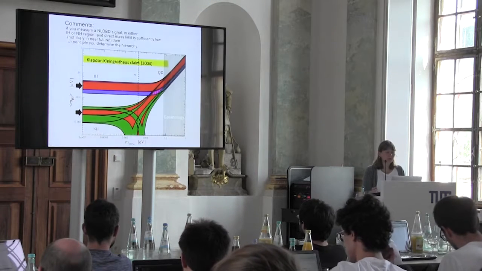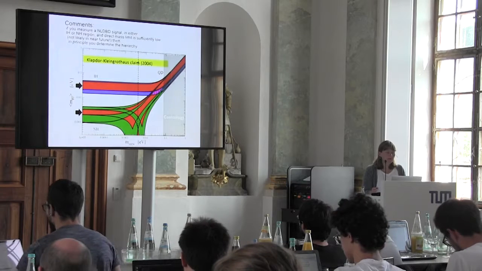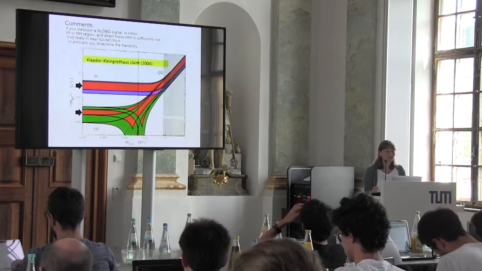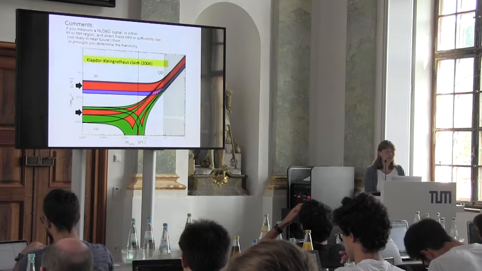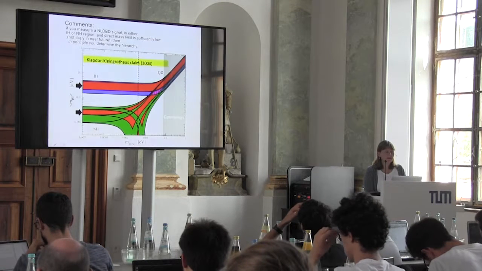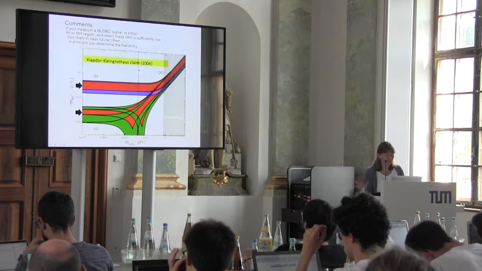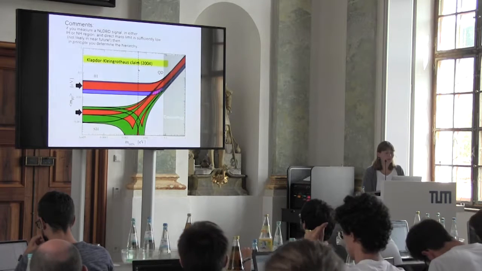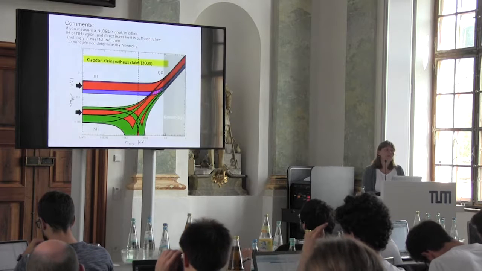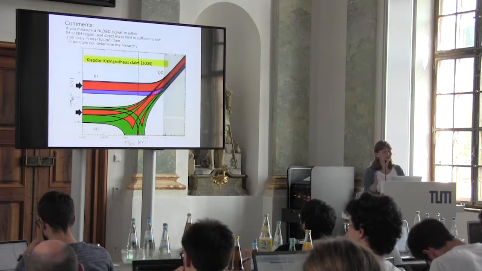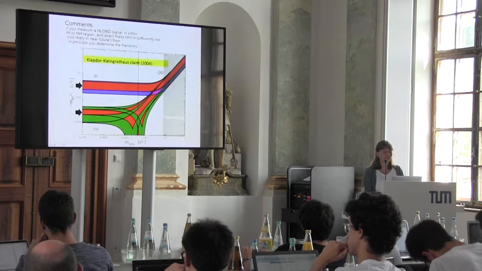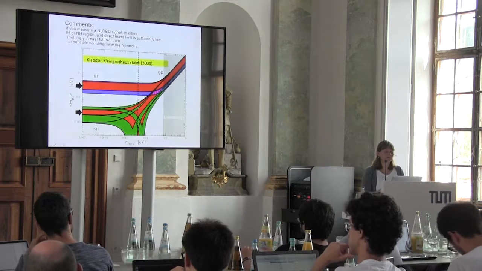And so let me just make some comments here. If you measure a neutrinoless double beta decay signal in either of these regions, and the direct mass limit is sufficiently low, this is actually not very likely to happen, but if that were true, then in principle you could determine the hierarchy. However, it's not very likely we're going to get absolute mass limits less than 0.01 eV